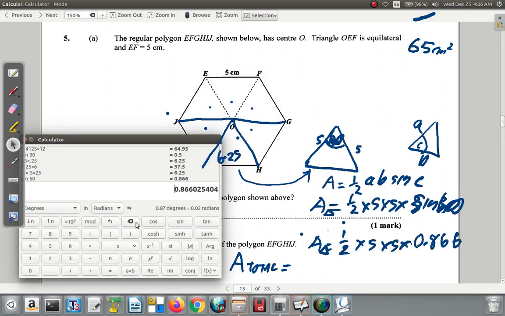So let's erase this, and what we would have is 0.5 by 25 by 25 by 0.866 equal,